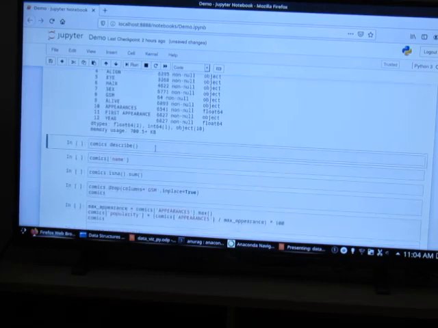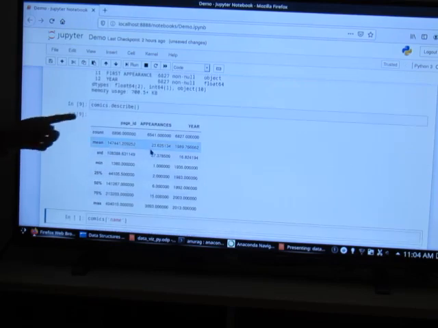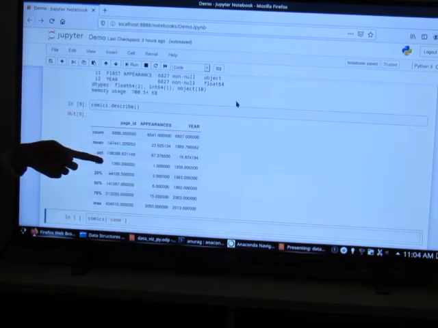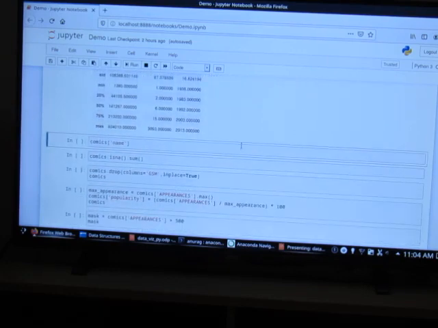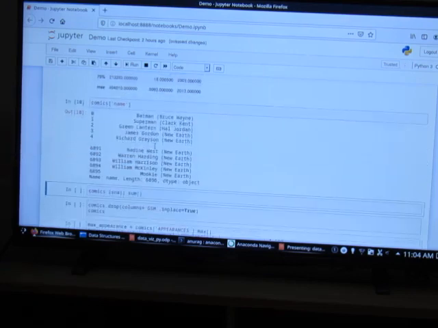And then some of these are integers, so we can use describe, which will fetch how many non-null instances, what is the mean of all these values, the standard deviation and so on. At a glance it gives us some general information about the data. And then if you want to fetch a particular column, say name, if we use this, we can fetch the corresponding series object. So we get the index and the associated value.